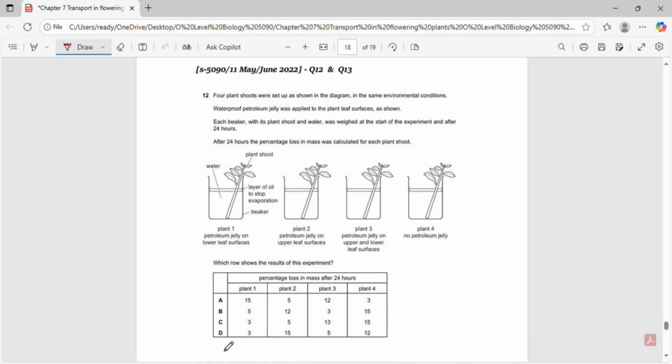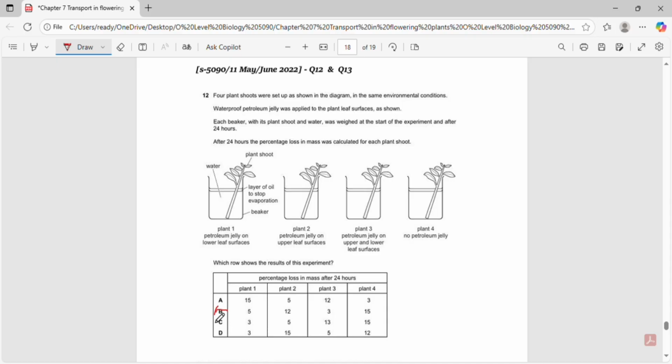loss. So, looking at the options, plant 1 should lose a small amount, because its lower stomata are blocked. Plant 2 should lose more than plant 1, but still less than fully uncovered. Plant 3 should lose the least of all, since all surfaces are blocked. And plant 4 should lose the most, since no surfaces are blocked. So, the correct set of results that matches this pattern is B, because transpiration occurs mainly through stomata, most of